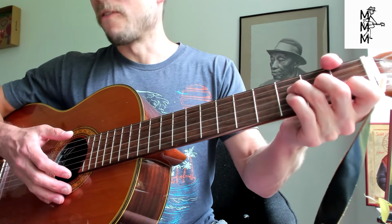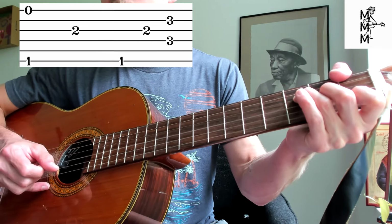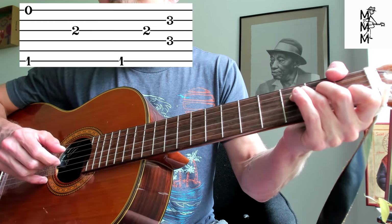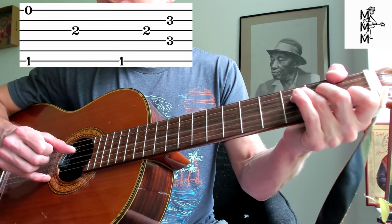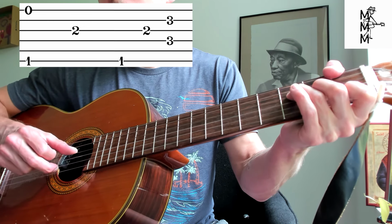3. Measure 5, we stay on that F chord, pinching 6 and 1 to get that nice major 7 sound again. Thumb goes to 3 right after that, so 6, 1, 3. Easy enough. 2nd half of the measure is 6, 3, but that's my pointer finger now. So he's doing that cross again. He hit it with the thumb here, then he does it with the pointer finger, and his thumb ends up on the 4th string afterwards. So it's 6, 3 with pointer, then I'm going to pinch 4 and 2, thumb and middle here,